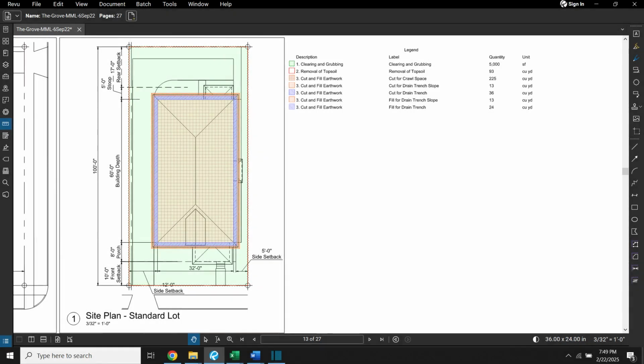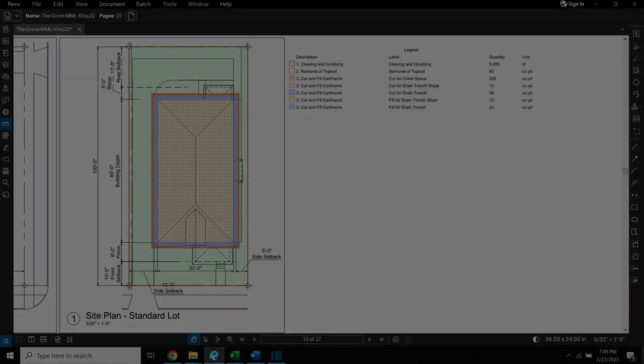Now, I have imported the drawings into Bluebeam software. As you can see, I have overlaid a markup on the boundaries of the plot. Using the area measurement tool, I identified a total area for clearing and grubbing. If you check my legend, you will see that I have assigned milestones from the quantity takeoff table as subjects